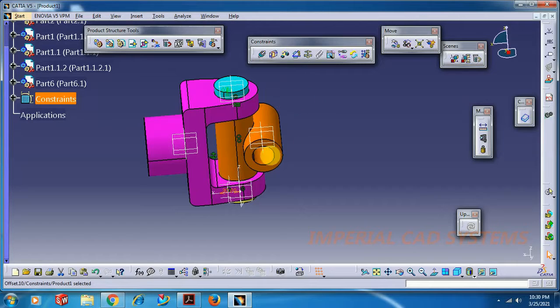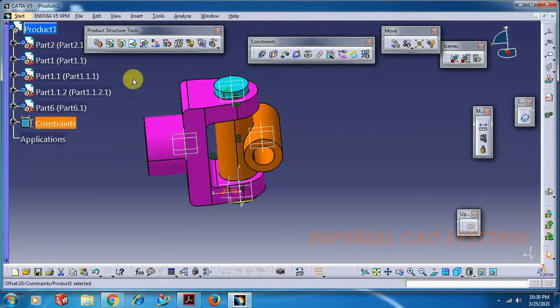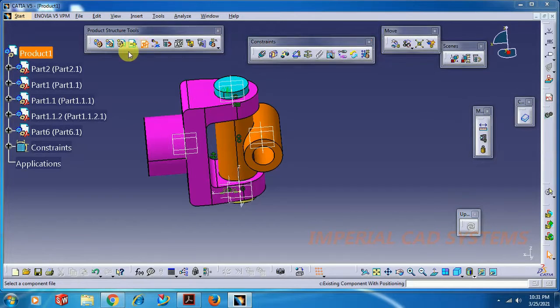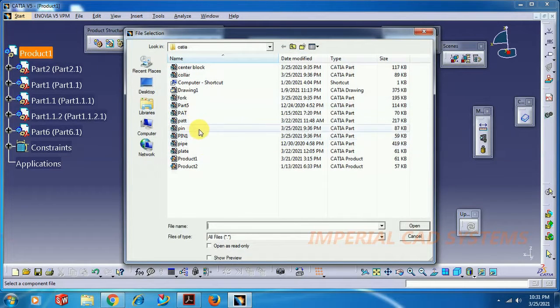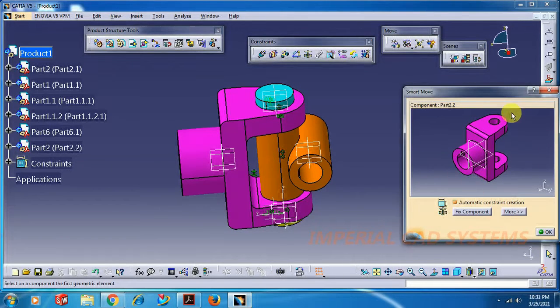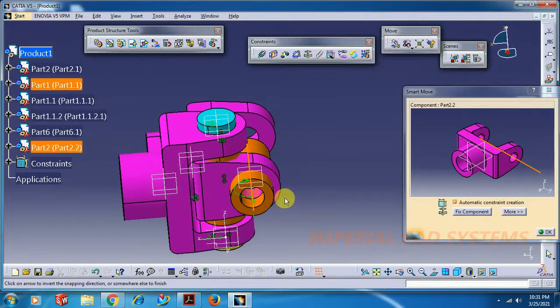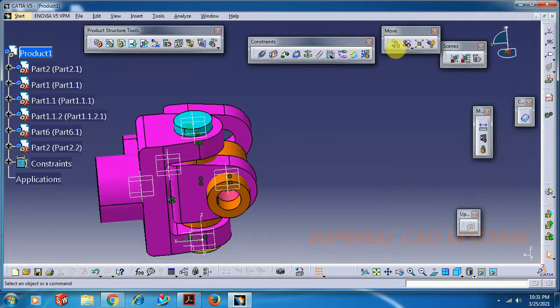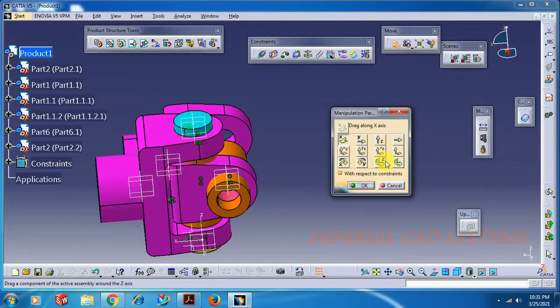Now again I call fork again to this position. Same thing, either you can use this existing component, or better we go for existing component with position, product, fork again, then go for open, then select this cylindrical surface and this surface, then go for OK.